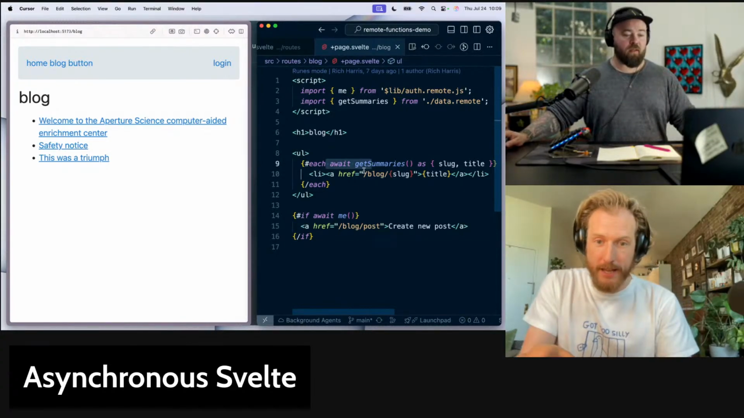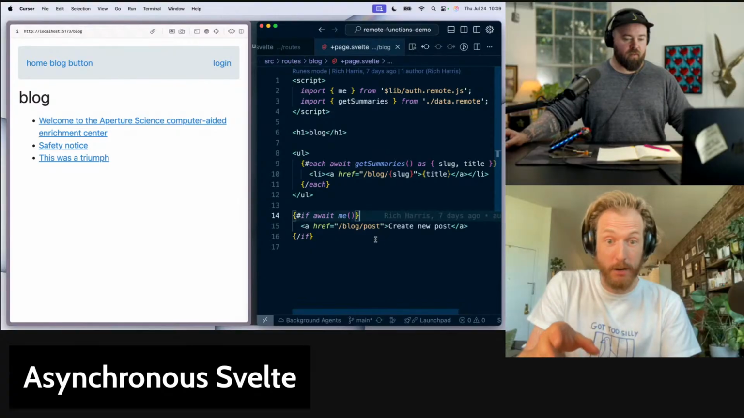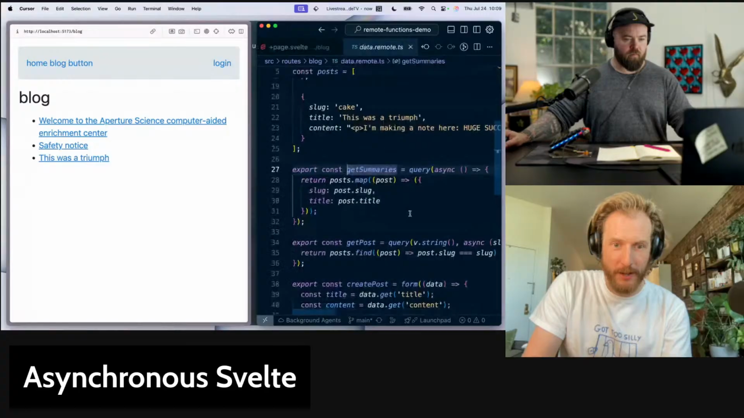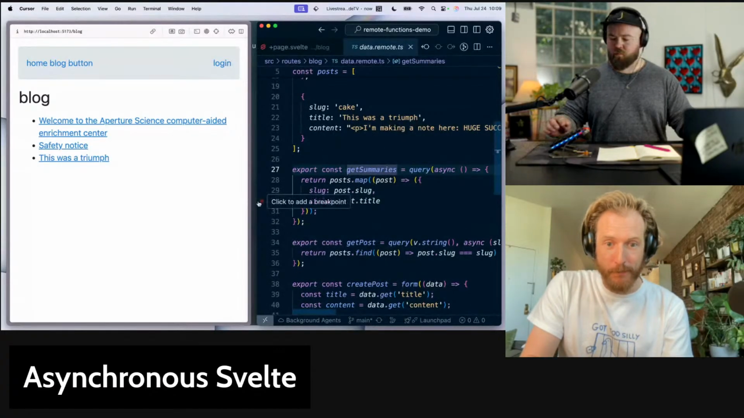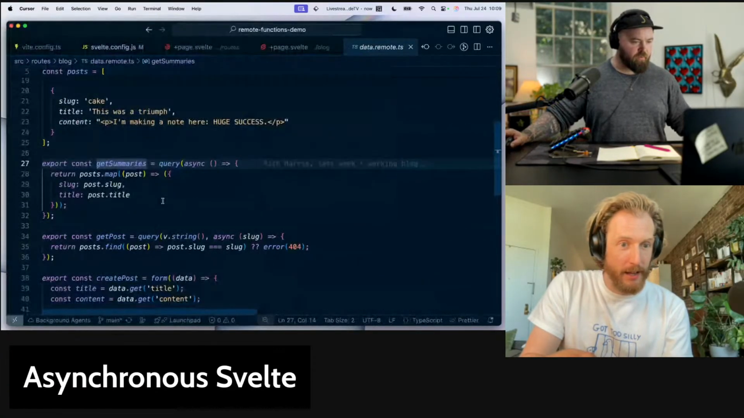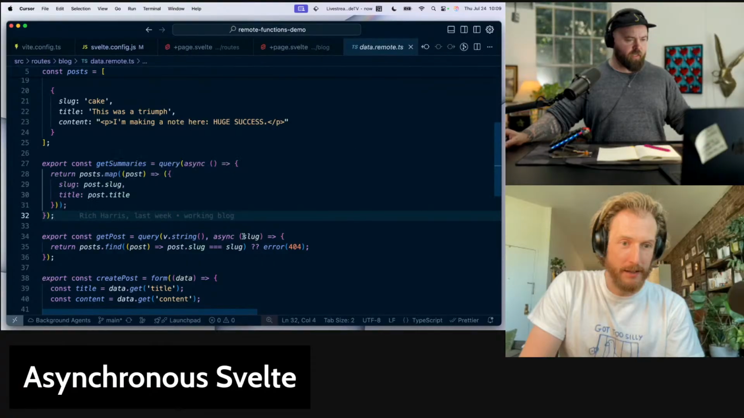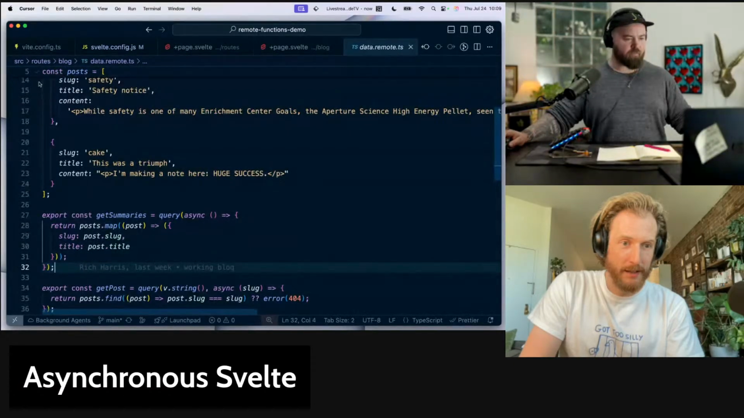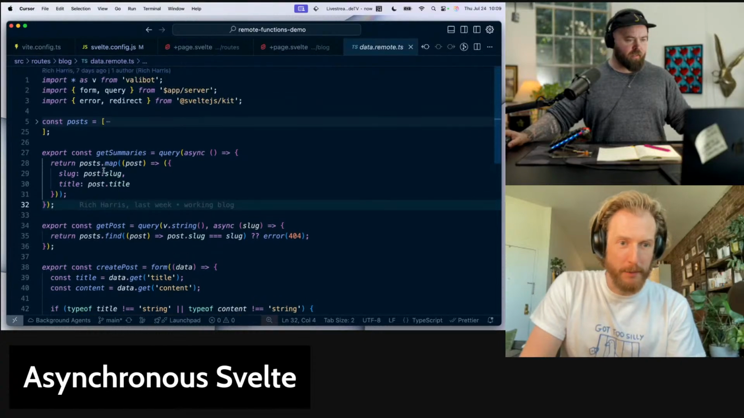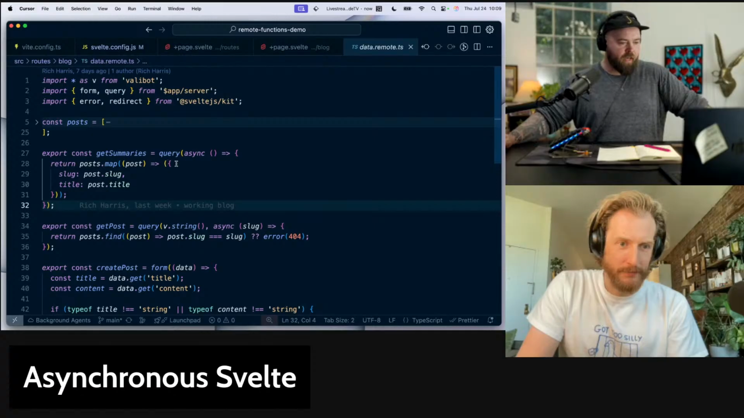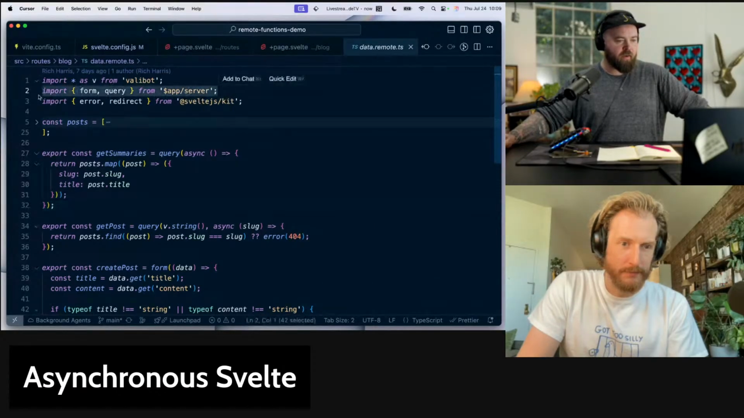The new thing here is this data.remote file. If you command-click on getSummaries, it'll take you to where that is being defined. Okay, so we've got our getSummaries. It's a query, it's async. It returns the posts, which is what I would expect. We've got our posts hard-coded up here. For demo purposes, hard-coded data is fine. So we have getSummaries running, and this query looks like it's coming out of the